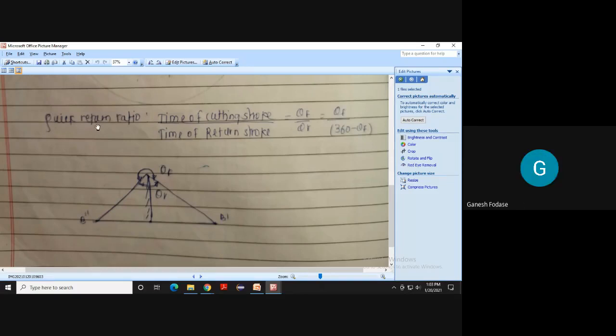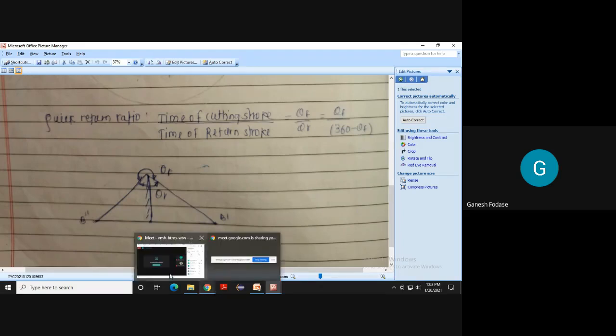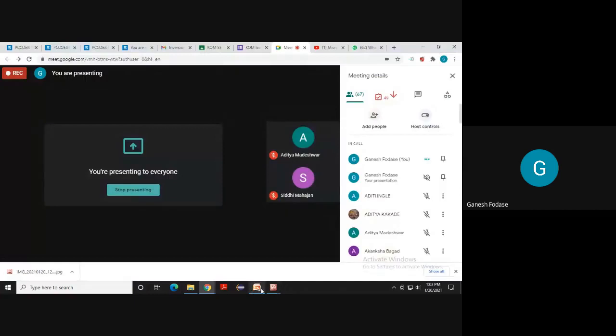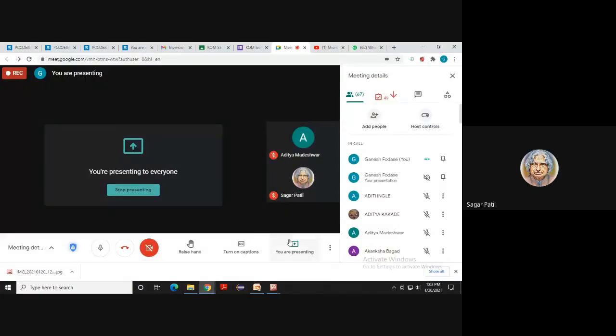Yes. How to determine the quick return ratio if S and L are given. So you have to use the geometry. They will give you only the quick return mechanism. It is the Whitworth quick return mechanism. And we know that in the Whitworth quick return mechanism, the shortest link is perpendicular to the output link. So B dash and B double dash are the extreme ends. So we can use this geometry, this triangle here, to get quick return ratio calculations. Clear? Yes, sir.